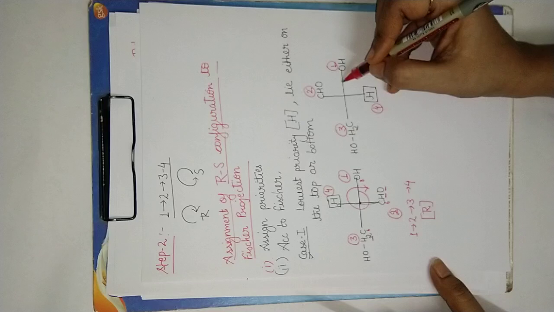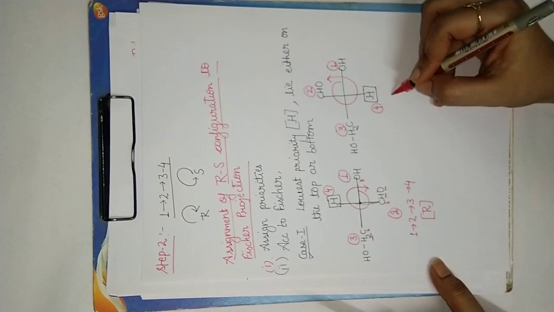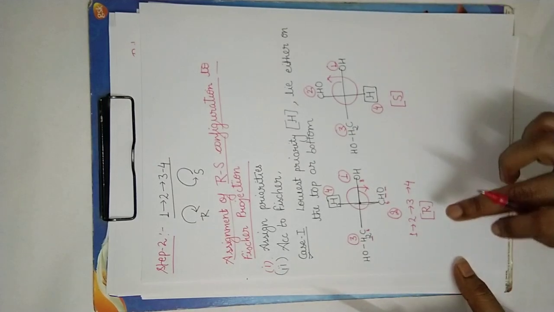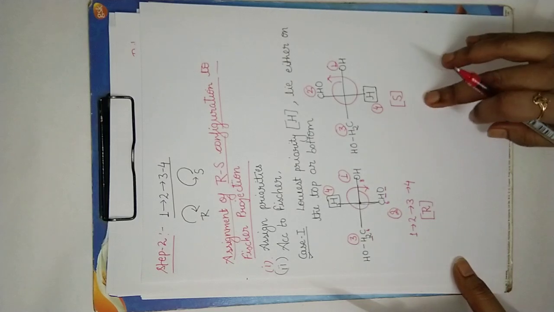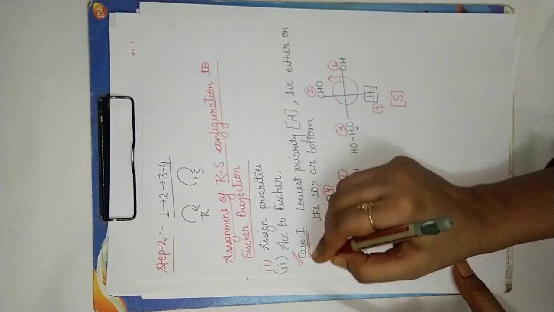And if your eye moves in an anti-clockwise direction, that means it is S nomenclature. This is R nomenclature, this is S nomenclature. This is case 1 according to Fisher. But in case of case 2,